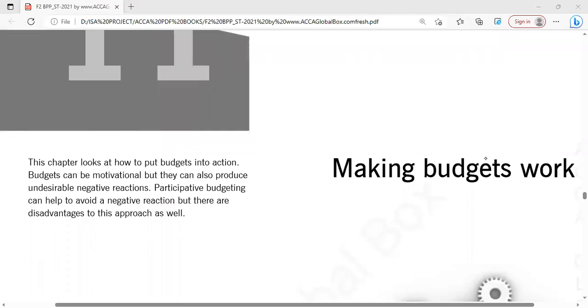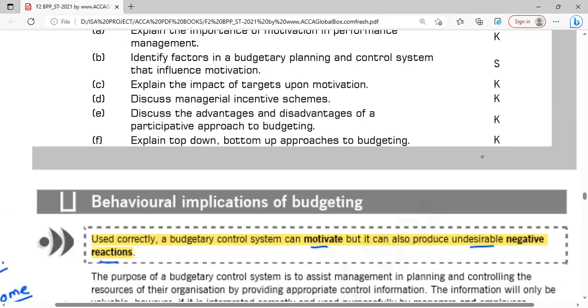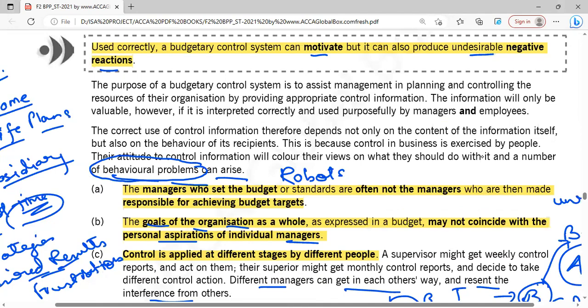चलें शुरू करें आज का लेक्चर। Making Budgets Work. Making Budgets Work में हमारे पास सिर्फ 4 टॉपिक्स हैं और यह चैप्टर बेसिकली more of theoretical है।